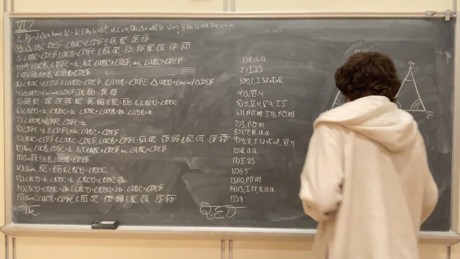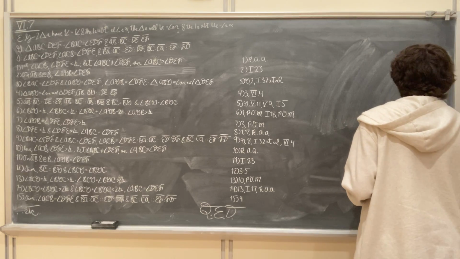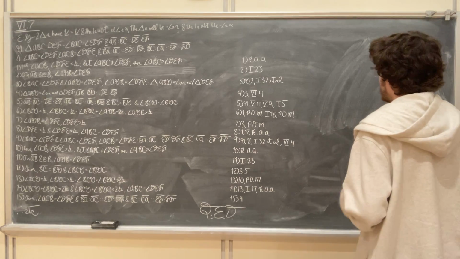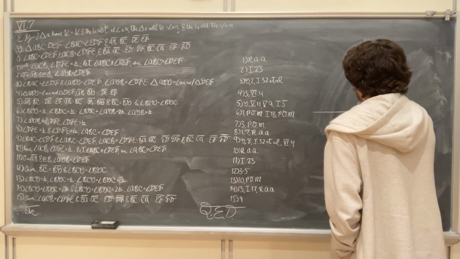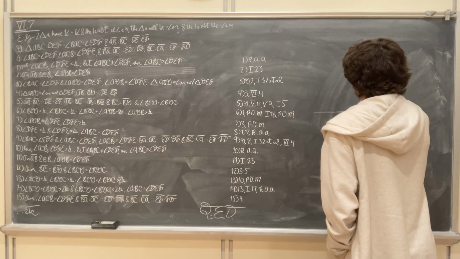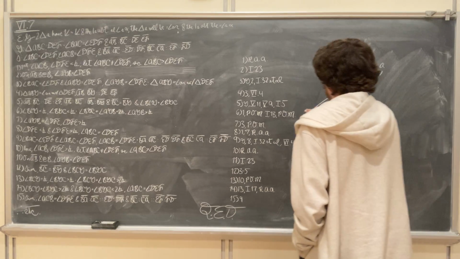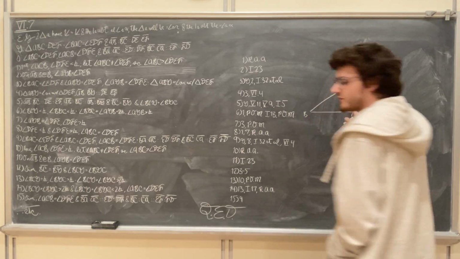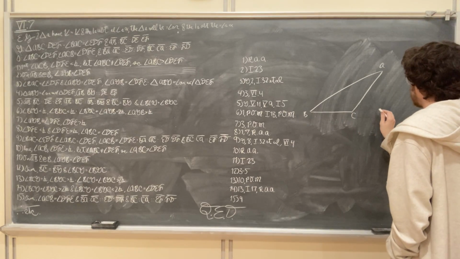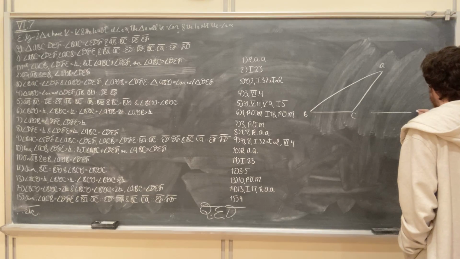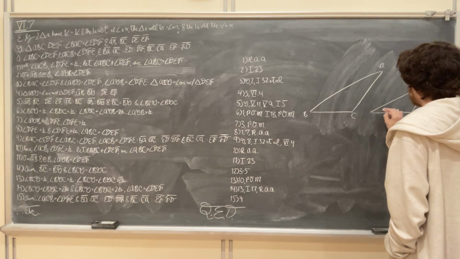But there is a second case. The second case being that the angles at C and F are in fact greater than a right angle. So they would be obtuse angles. And this shall look something like that. So we have A, B, C. So the angle at C is an obtuse angle. It is greater than a right angle. And similarly, we're going to have the triangle DEF, also an obtuse triangle,